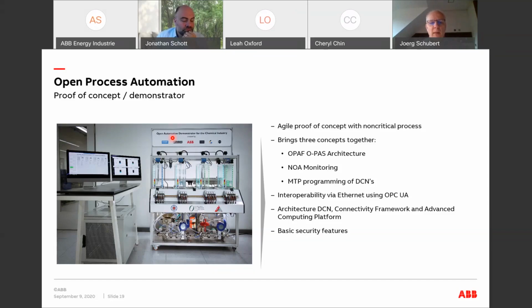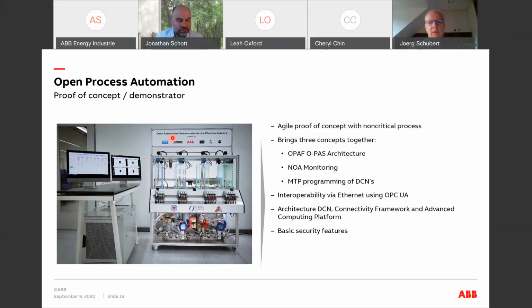So what you're looking at here is after we have been in the founding team, after we have been contributing to a very early demonstrator, the industry moved on and they are doing proof of concept solutions in the different areas. And as I think it originates somewhere from the oil and gas downstream area, this entire open process automation initiative, we have been, in this particular case here, involved in proving that it is not only applicable to the oil and gas, but also for other markets.